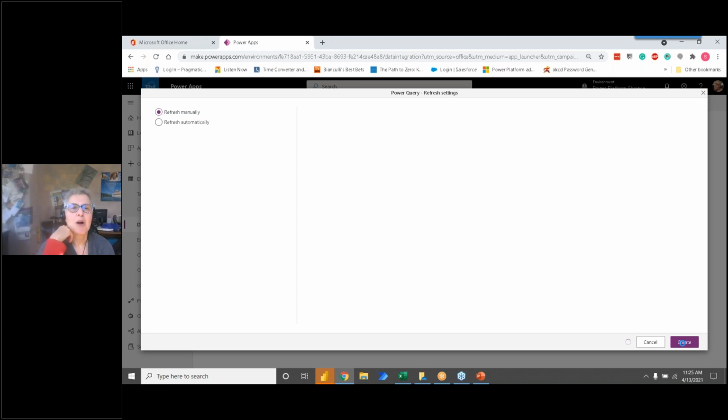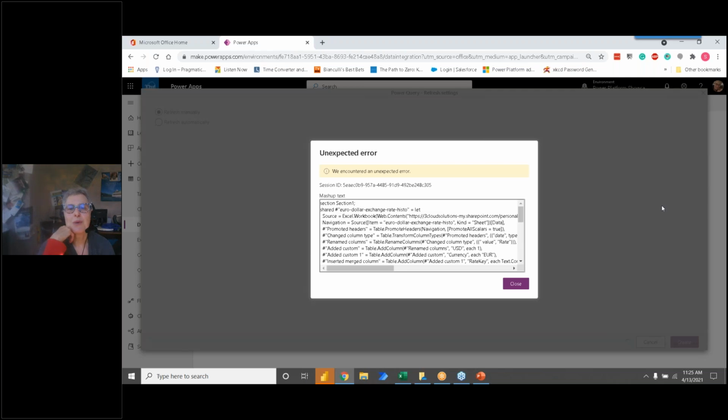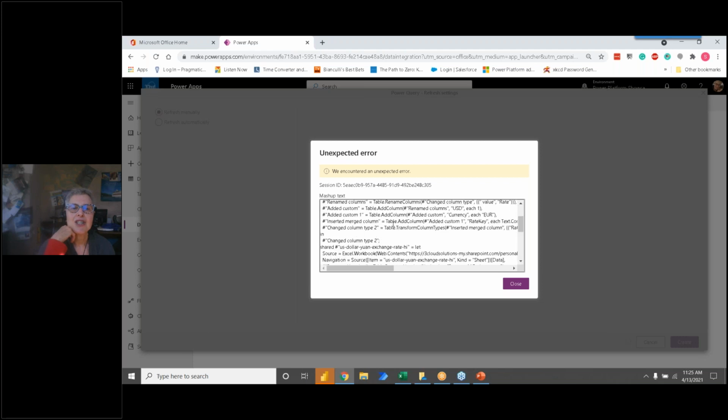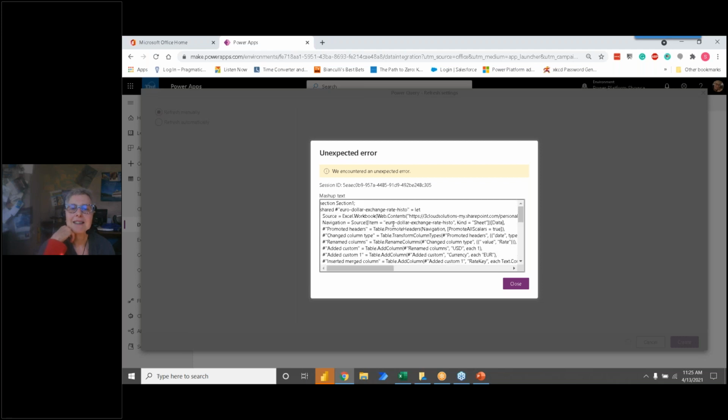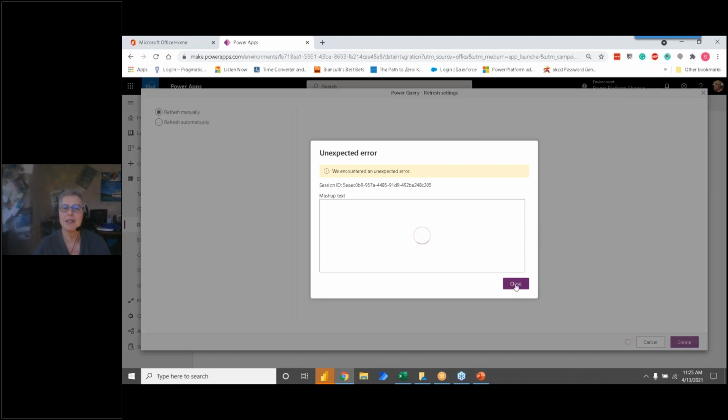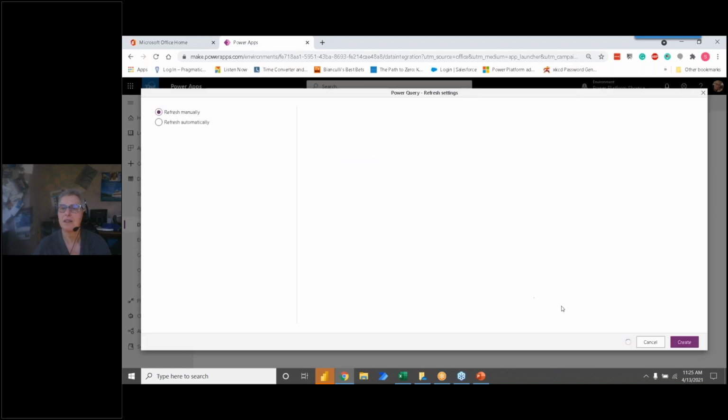And I'm not going to be able to troubleshoot it in the context of this, but I promise you this really does work. Wow, that's really... It's just showing me the mashup text. It doesn't like something in here. Wow, I'm puzzled because I've run this a dozen times and it didn't do this. Well, this is the webinar Murphy's Law.